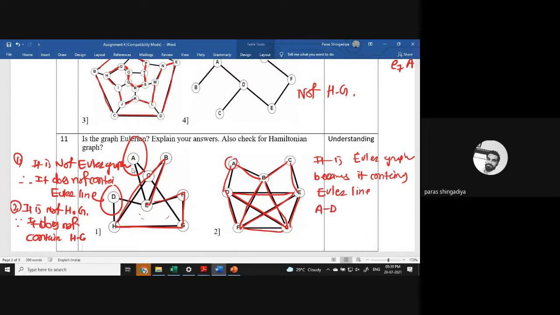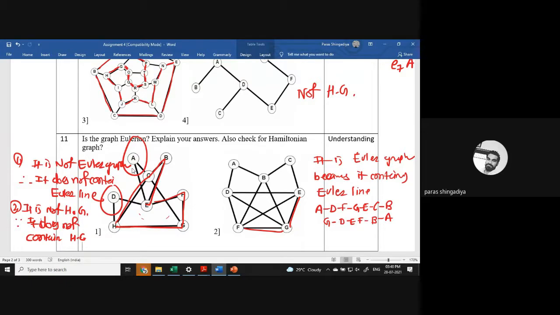Then after that F, F to G, G to E, E to C, C to B. Okay, and from B just create an inside walk. B to G, then after that D, E, F, and B, and B to A again. Okay, that is your closed walk. And now write a conclusion for the Hamiltonian graph. So this graph is also a Hamiltonian graph.